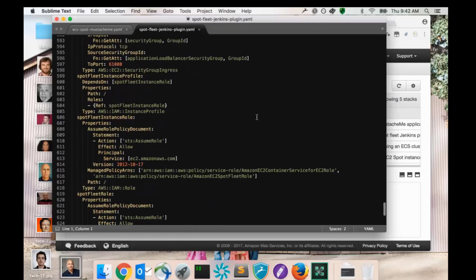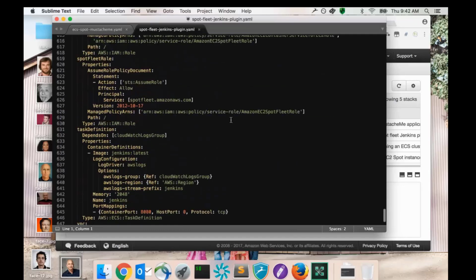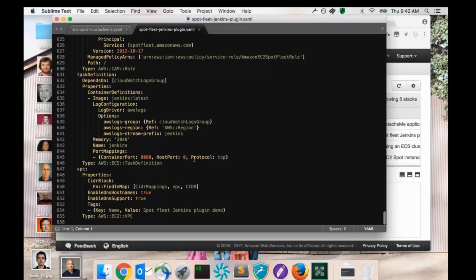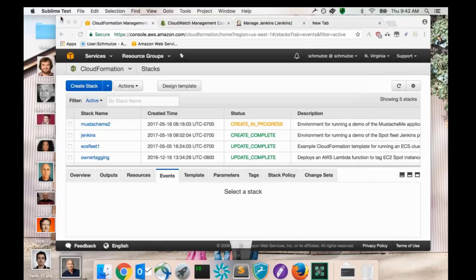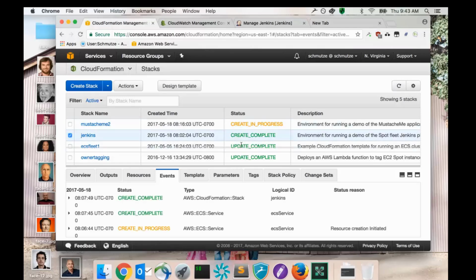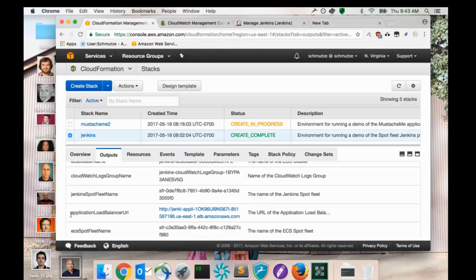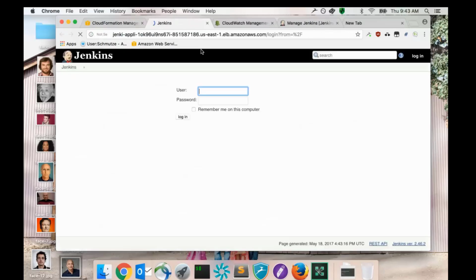So this particular CloudFormation template includes a task definition that deploys Jenkins for me on top of ECS automatically, and that gets deployed behind my load balancer. So if I head over to my CloudFormation console, and I take a look at my Jenkins stack, I can see that in the outputs, the output has given me an application load balancer URL. So if I head over to the URL,